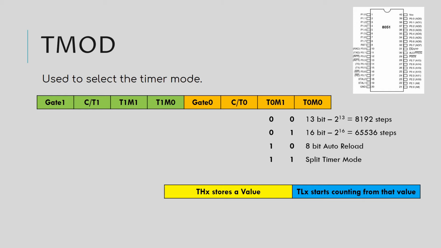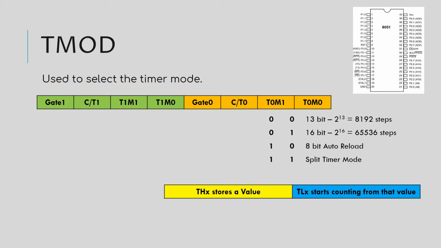Let me give you an example. THX is of 8-bit, TLX is of 8-bit. So the maximum value for TLX will be 2 to the power 8, that is around 256, and when we are counting from 0, it will reach 255. That will be the max value.